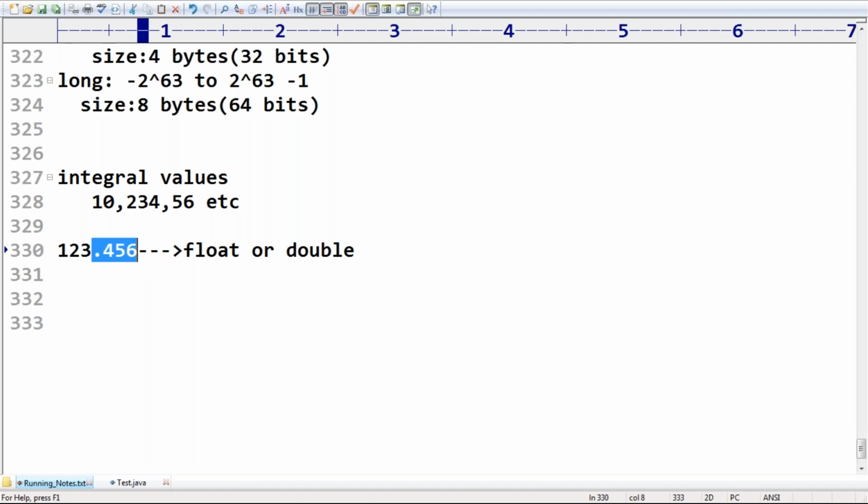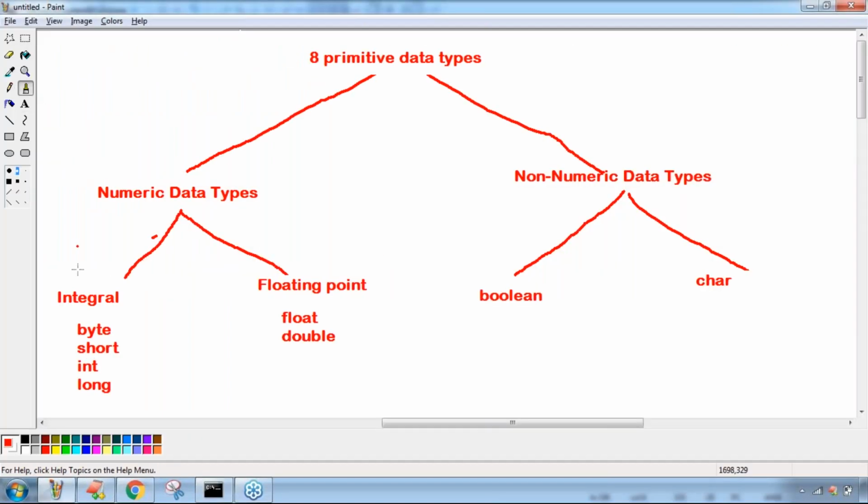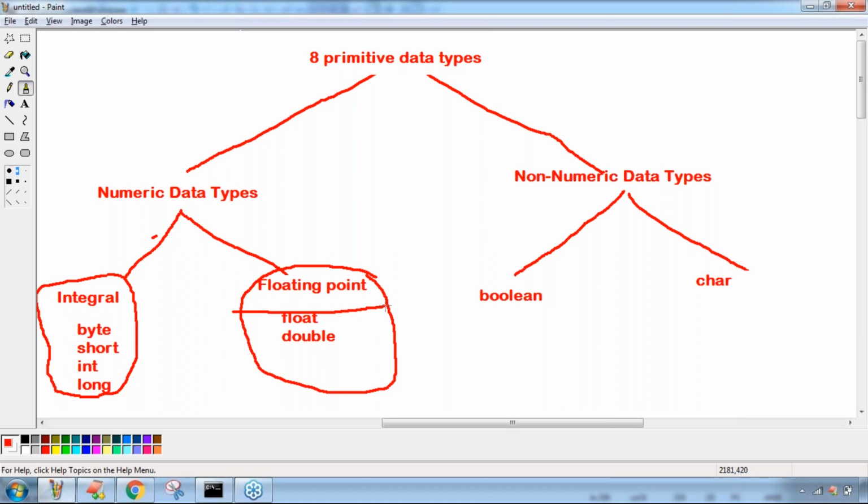This one is for numbers without the decimal point, but these two are for numbers with the decimal point.